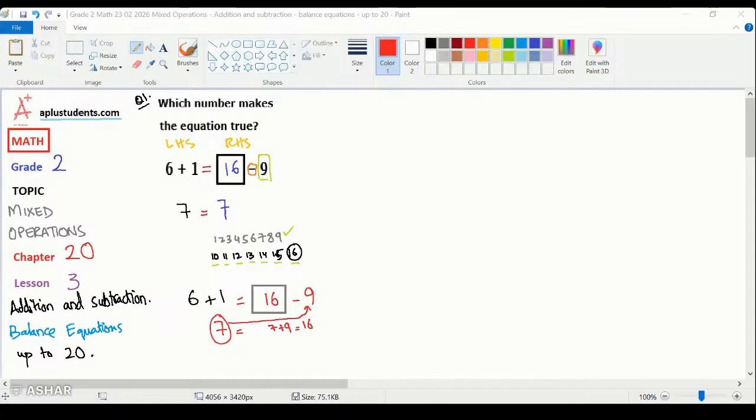For the next question, it says, which number will make the equation true such that the left hand side has addition on it and the right hand side has subtraction on it? This is the question given to us. What is 2 plus 4? We know that on the left hand side of the equation, in question number 2, the left side of the equation would give us the answer